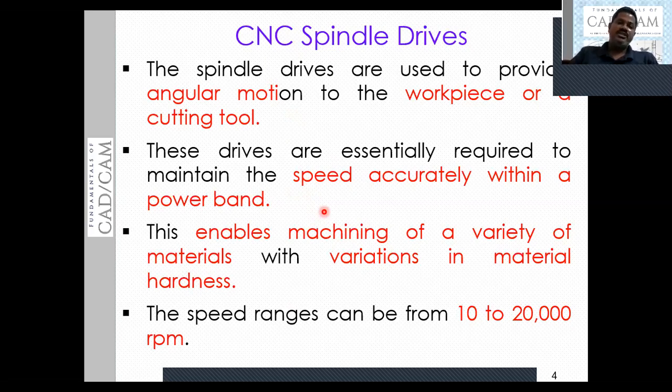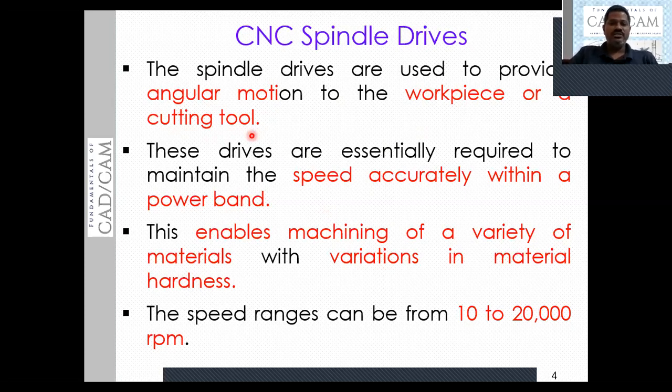To get the desired speed, it may be the workpiece or the cutting tool that rotates. Assume that you are performing a drilling operation. Even based on the material type, the tool needs to rotate. If it is a turning operation, the tool is stationary and the workpiece is going to rotate.